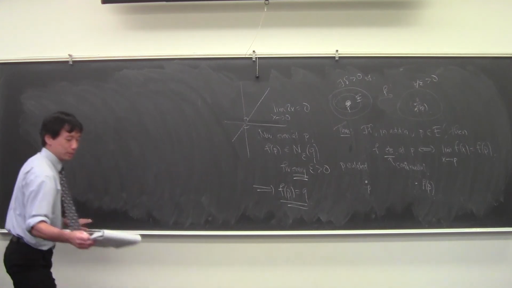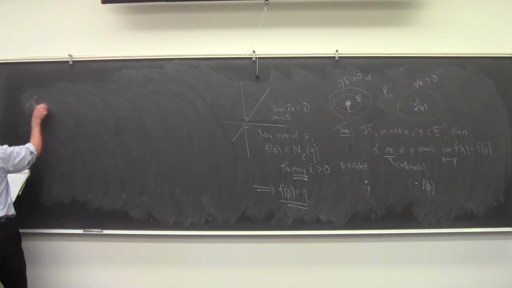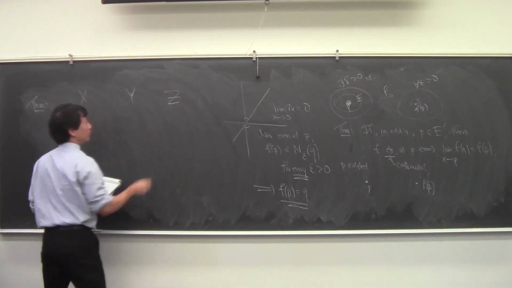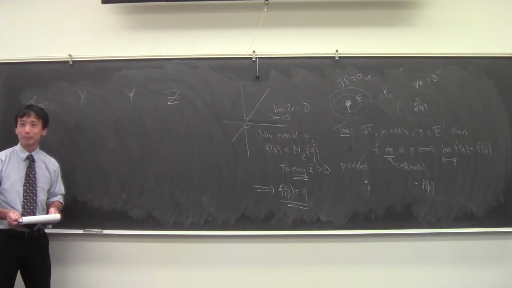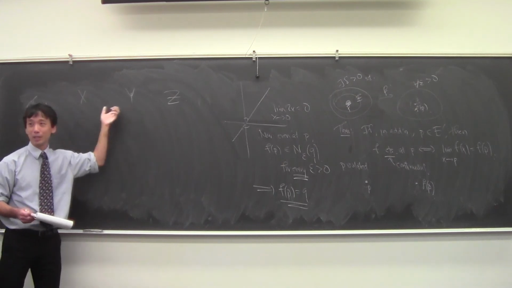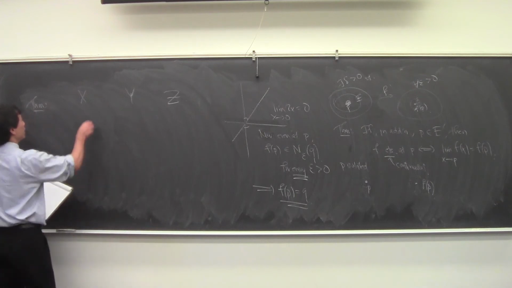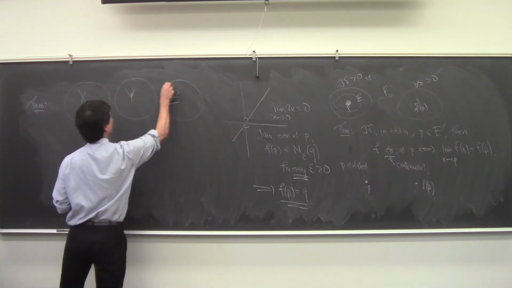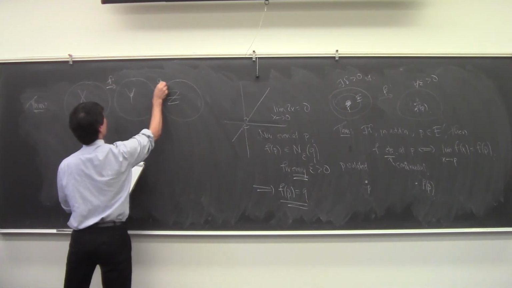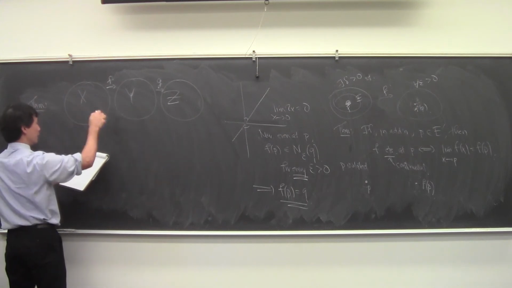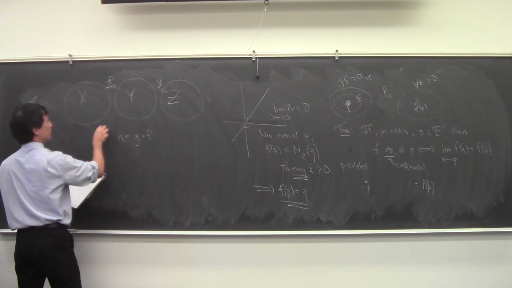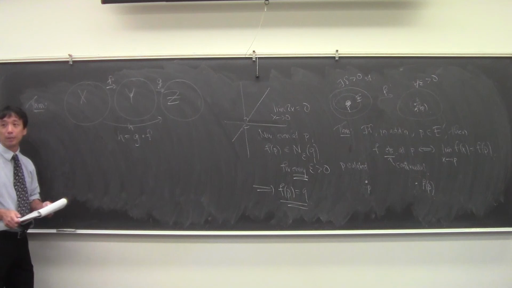Okay, so here's a theorem that you've seen before. X, Y, Z. What am I going to say? Composition. A continuous function of a continuous function is still going to be continuous. So I've got X here, I've got Y here, I've got Z here, and I've got functions F and G. X, Y, and Z are metric spaces, and H is the composition, G with F. So H is the composition function, G composed with F.